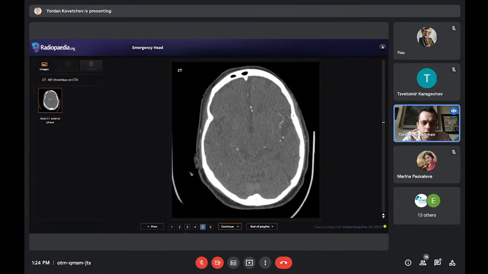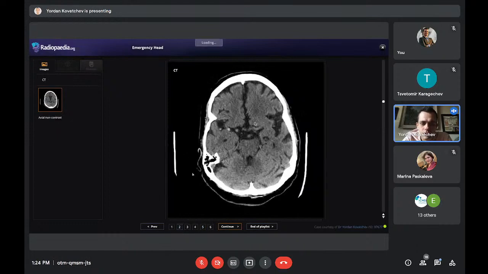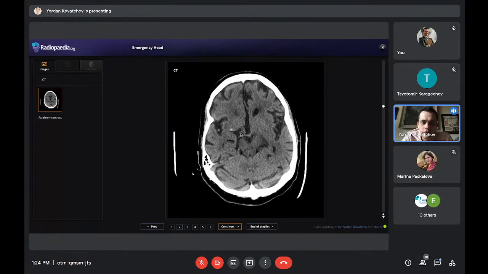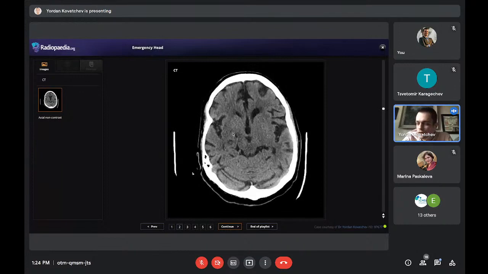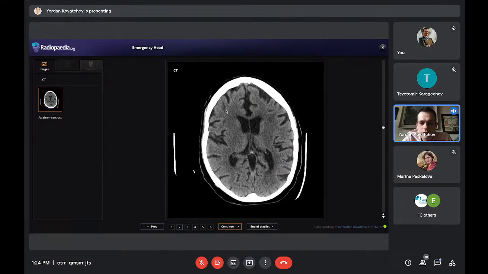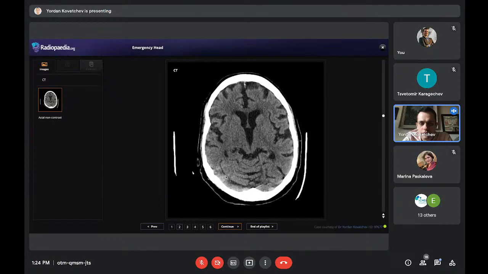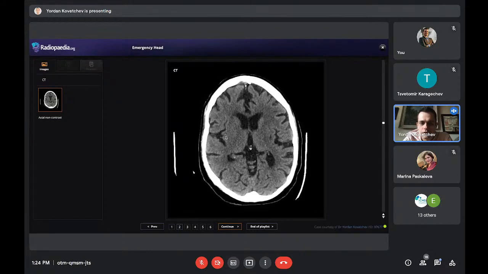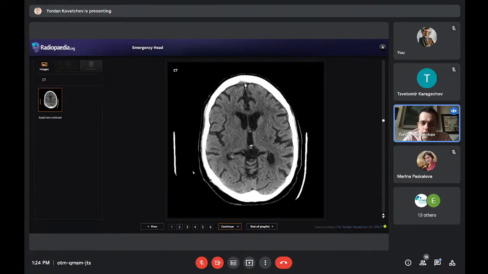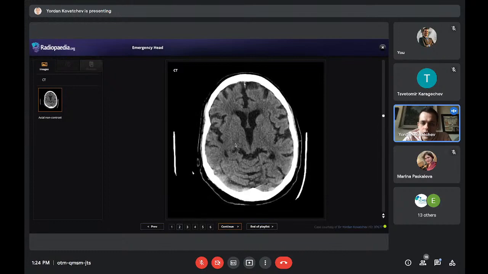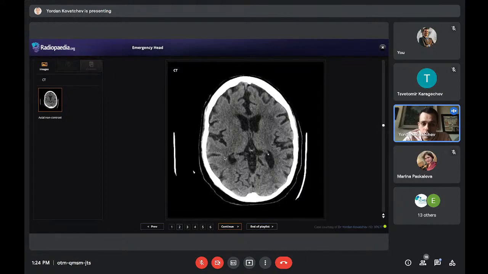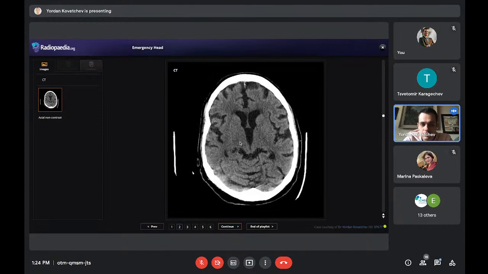And back to the non-contrast CT. This corresponds to what we see on the non-contrast CT, but the cortex is preserved here. The gray-white matter differentiation is preserved. There is no evident edema on this side, because there is collateral circulation from the ACA and PCA. But in the basal ganglia, there is a problem. There is something going on. There is slight cytotoxic edema without big mass effect, but it's definitely there.